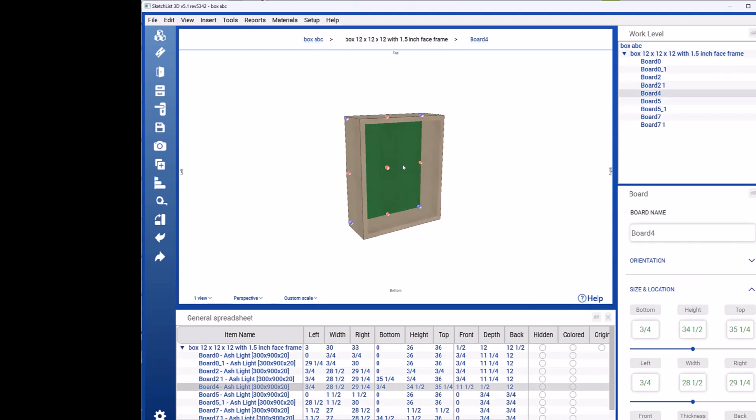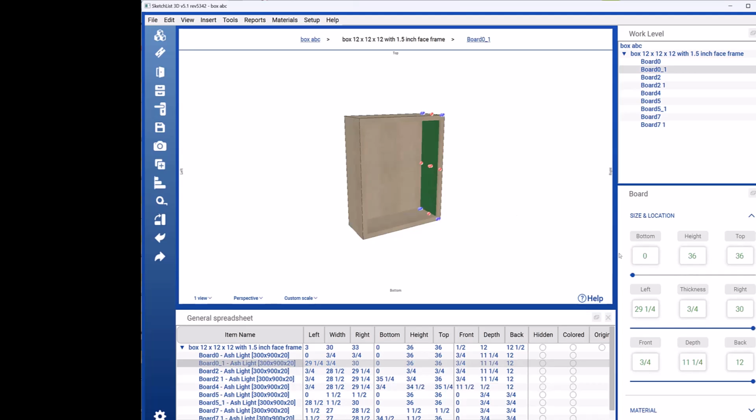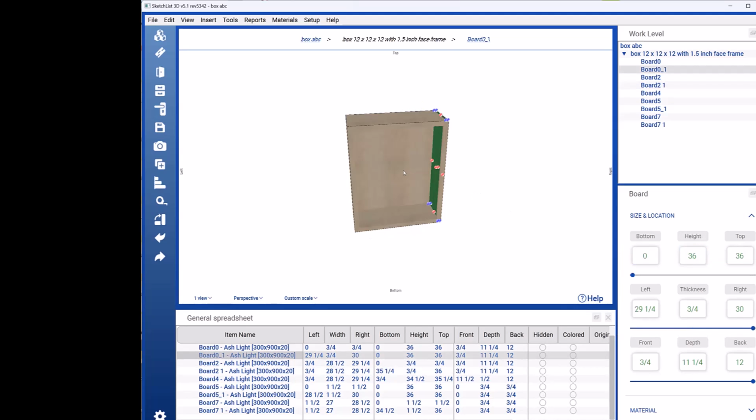Here's the board. Now I want to know what the top of the board is. It's 35 1/4. Is that the same? It's 36. Well, that's because this should be 3/4 of an inch tall, which it is. And that's kind of the way I use it. Then if I said, I want to have that to be shorter, let's say 24, 2 green lights, I change the height and it changes that way. And I think this was